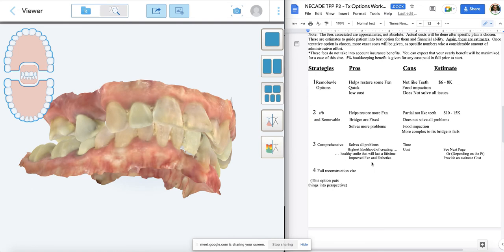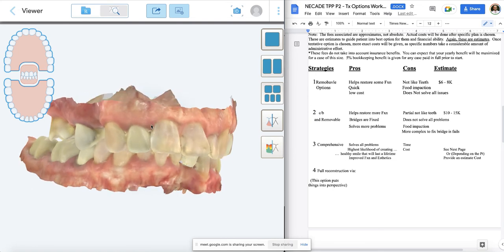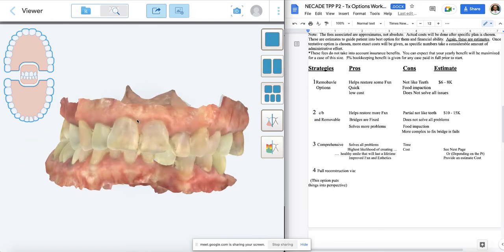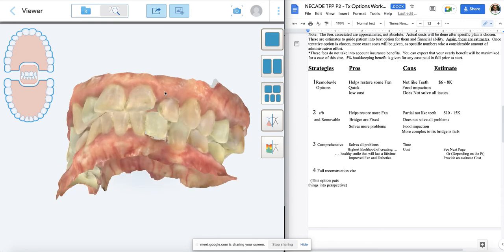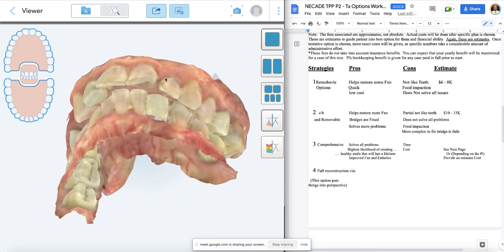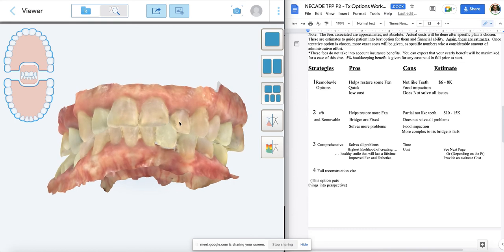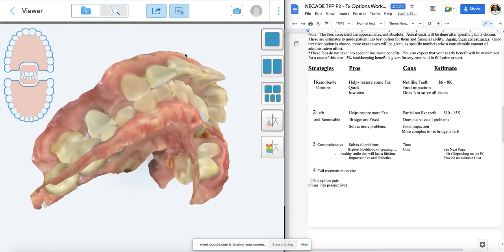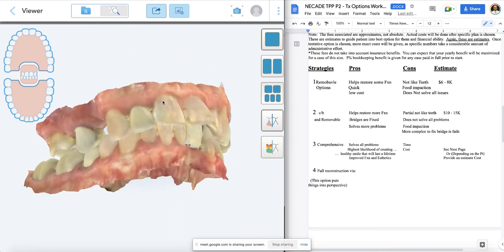Now, we didn't talk about ortho here. Can you be a little bit more specific on what the comprehensive plan entailed? Did that include ortho and crowns? Yeah, I don't recall what we. So this is what Luke was typing as we were talking. I would imagine we said ortho, and then implants, and then probably crowning all of the teeth to help create